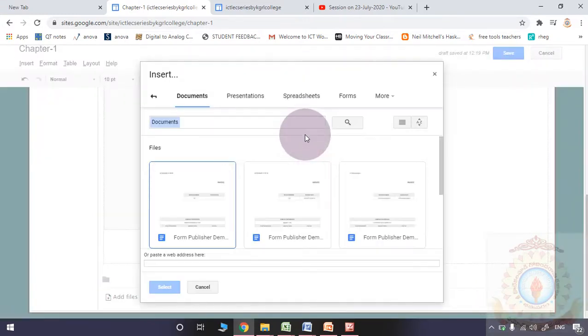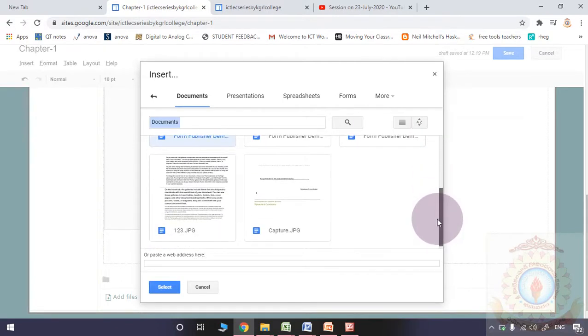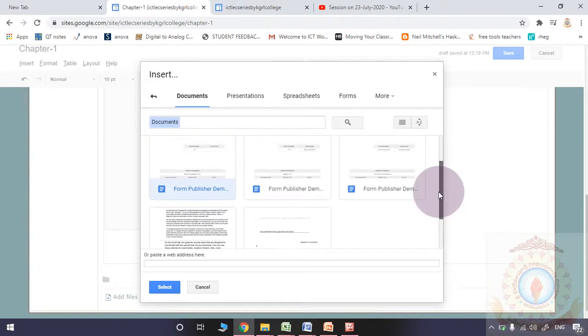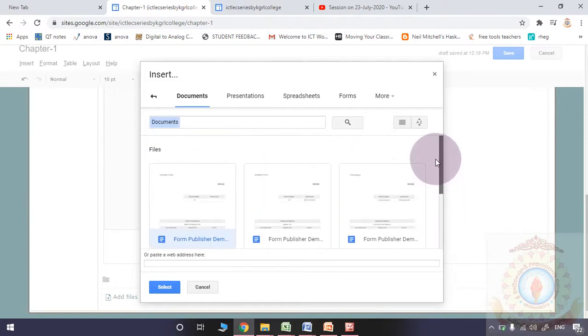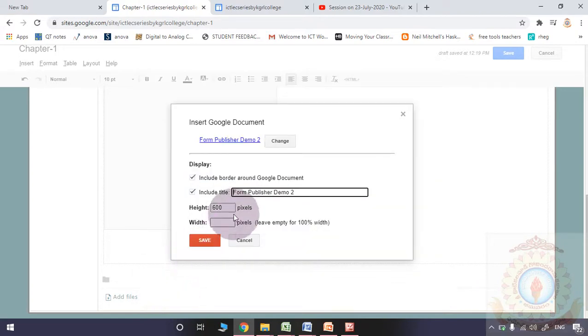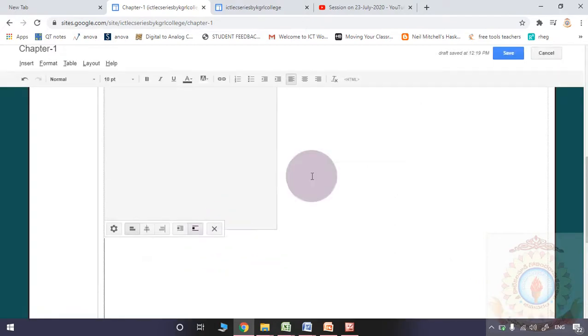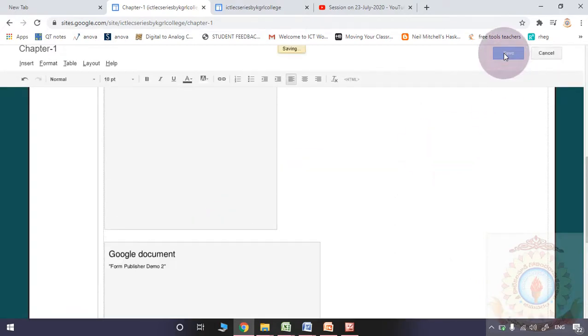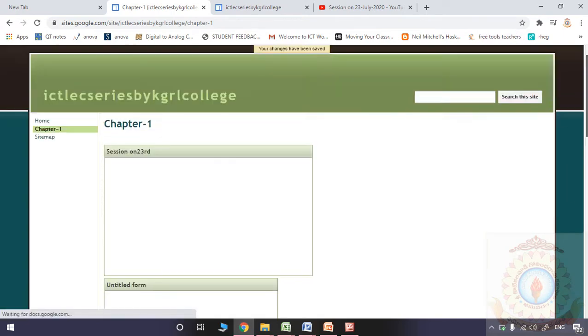Some PDF file is there at random. Here I may reduce the height also. I am clicking save to add my changes.